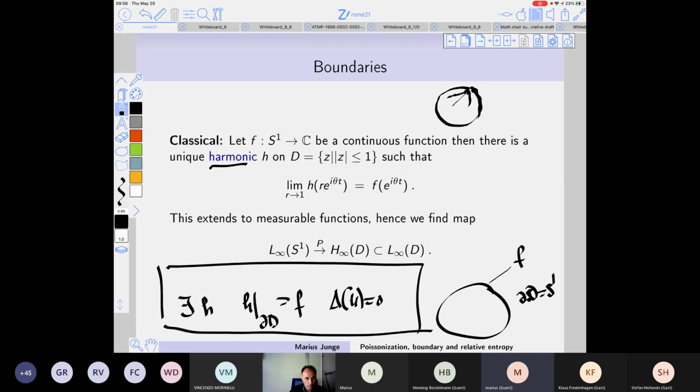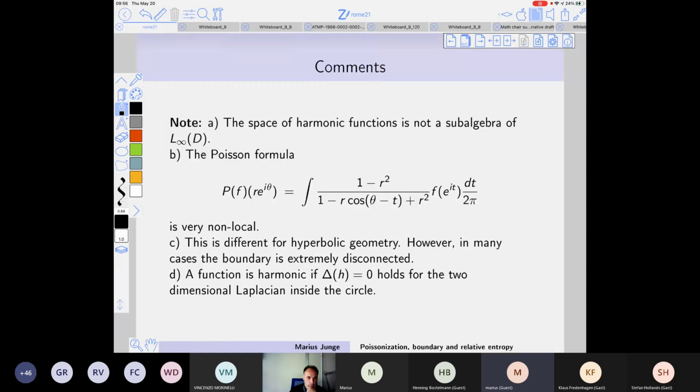So let me look at this from an operator point of view. I will write down the formula for this in the next slide, so if you don't believe me, wait a second. But I want to mention what happens here. We have the bounded function on the circle. We have harmonic functions on the disk, and then they sit, of course, in bounded functions on the disk. Now, I wrote here h infinity because you don't have to assume that these functions are continuous. You can do this even for measurable functions, and that's the language of von Neumann algebra, so this is why they got these interesting letters. So this is probably one of the easiest boundary procedures we understand. And here is this Poisson kernel, which gives you the harmonic extension. So this is the harmonic extension.